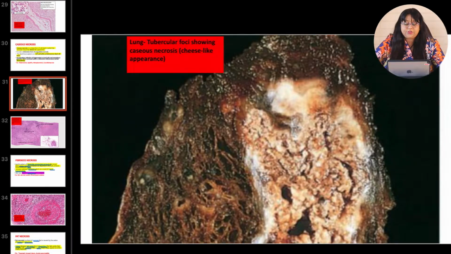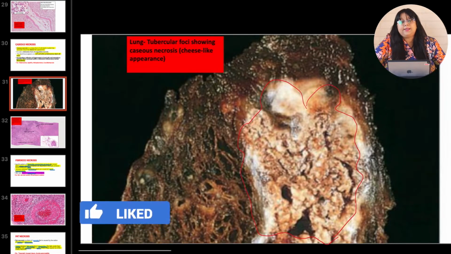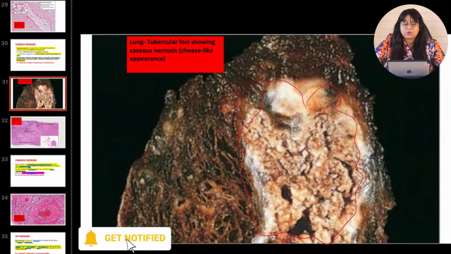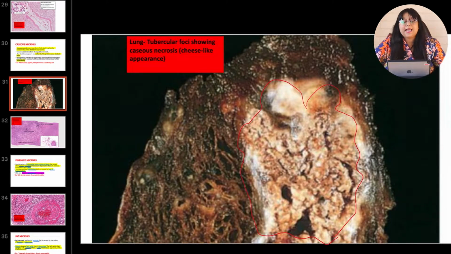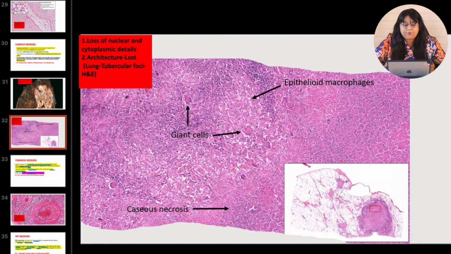Now this is a picture showing lung, and you can note here the cheese-like appearance. This cheese-like appearance is the foci of caseous necrosis. So this is a tubercular foci in the lung which is showing caseous necrosis, which has a cheese-like appearance. Remember that. So this is a micrograph of tubercular foci, and in this tubercular foci you can note here there